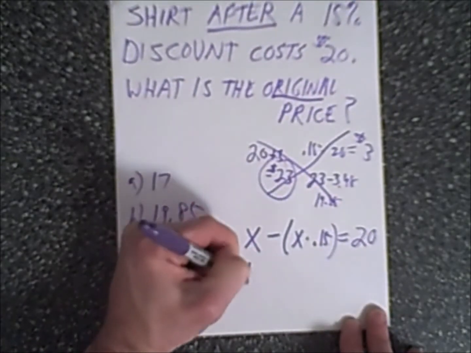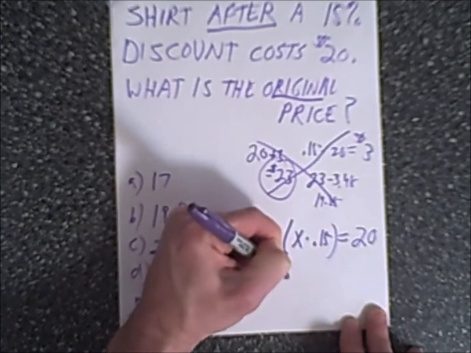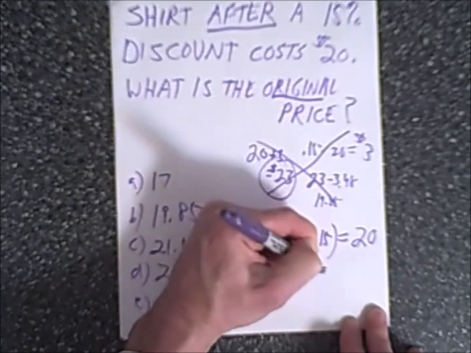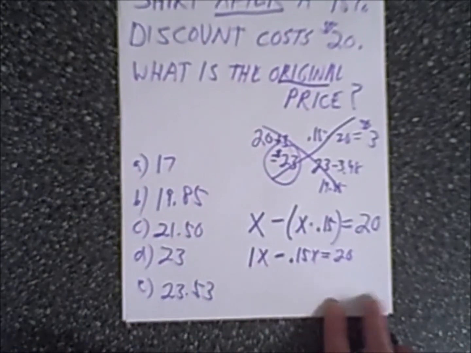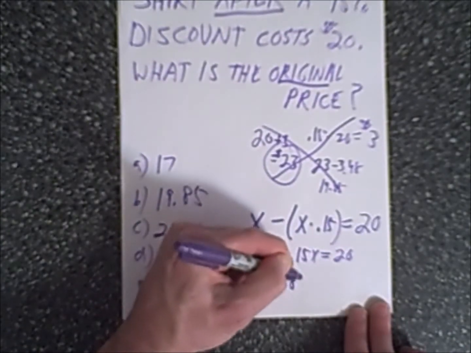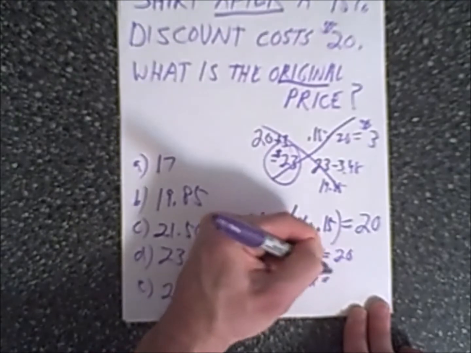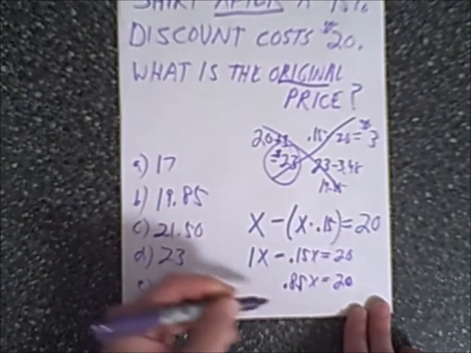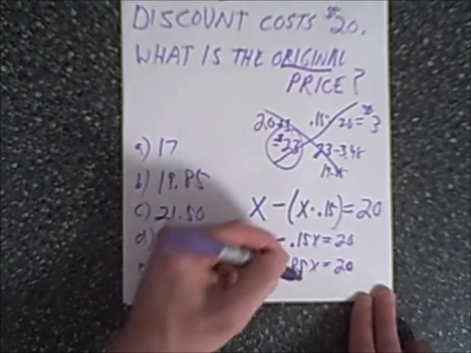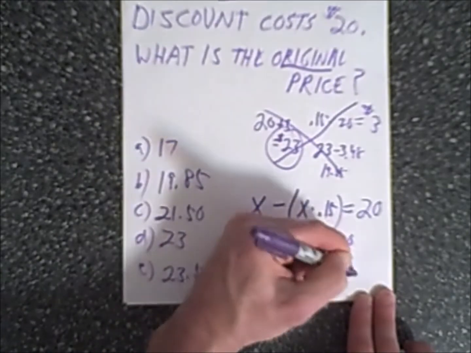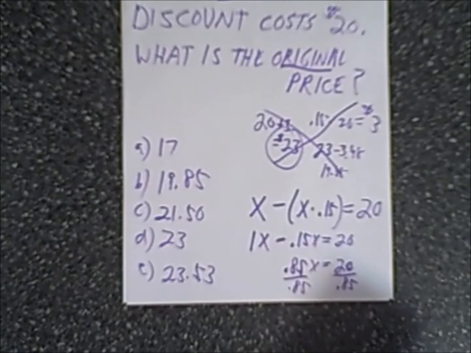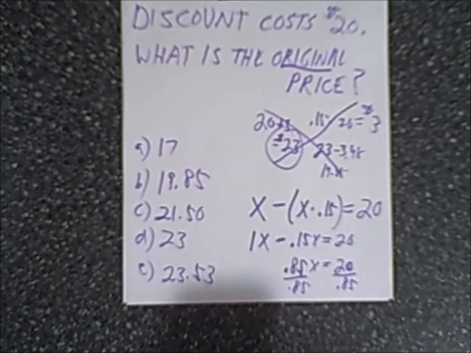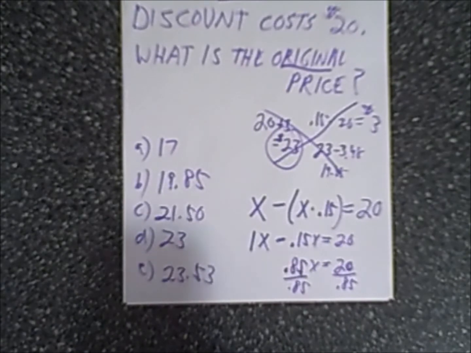We can look at this as 1x minus 0.15x equals 20. And 1x minus 0.15x is 0.85x, and that equals 20. And then we divide both sides by 0.85 over 0.85, and for speed we could have used fractions, but I'm just going to use a calculator real quickly. 20 divided by 0.85 equals